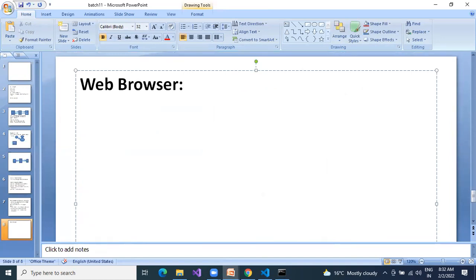It will run our web applications. Before starting our project or explaining the concept, we need a few other concepts. We'll see those concepts. So a web browser is nothing but a software. It will run web applications.